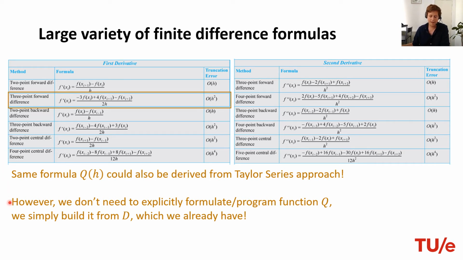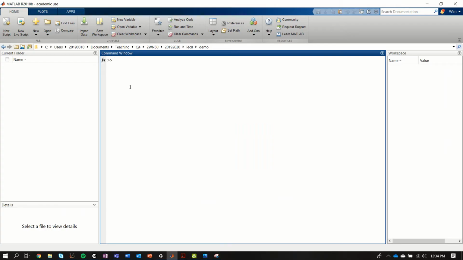So we don't need to explicitly formulate or program this function Q. We can simply build it from D, which we already had. So we already started from this forward finite difference scheme. Let's put this Richardson extrapolation to the test in a practical example, and let's start out by first